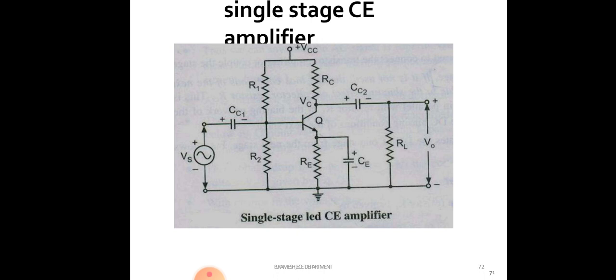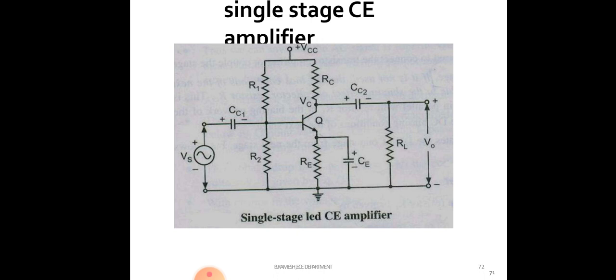RC is a current limiting resistor, and also a bias resistor. By applying VCC, the bias voltage, we make the transistor operate in the active region. The source is the voice signal, whose amplitude needs to be increased. That signal is called the source signal. Bias means making the transistor operate in the active region, otherwise your transistor cannot amplify your input signal.